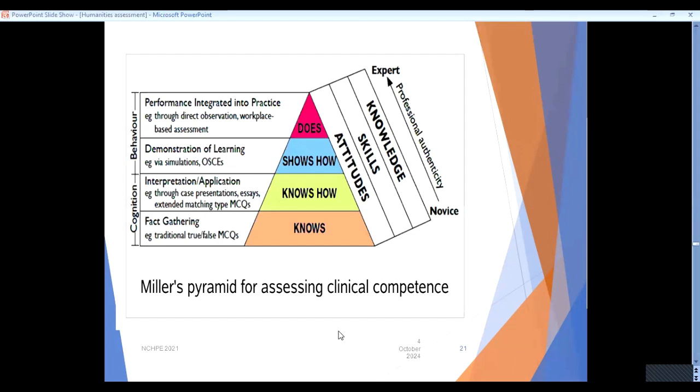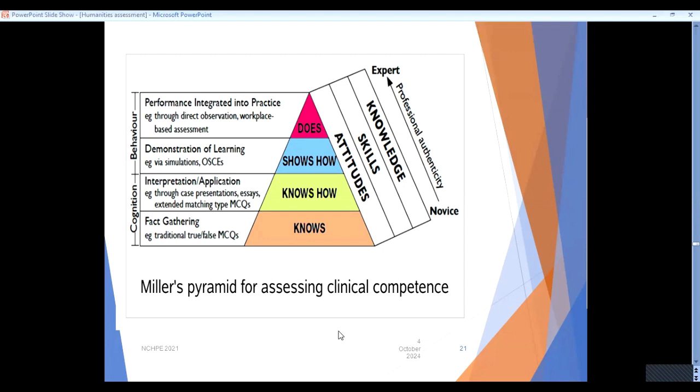Okay, so before that, this is Miller's pyramid, a very famous pyramid. As you can see, lowermost is knows, then knows how, shows how, and does. Just a revision in one line: the lower two steps, knows and knows how, correspond to the cognitive domain. And the topmost two, shows how and does, correspond to the actual behavior of the students or the person who